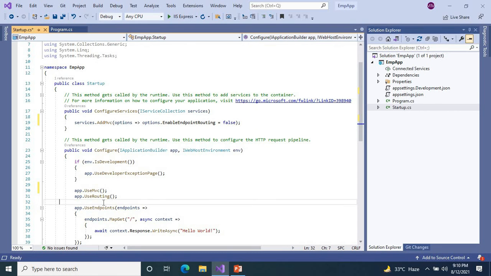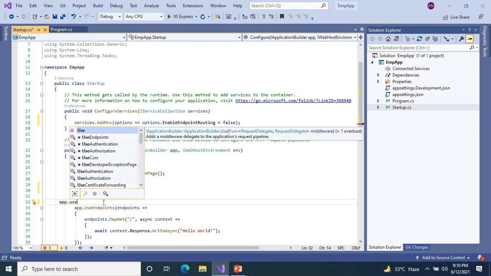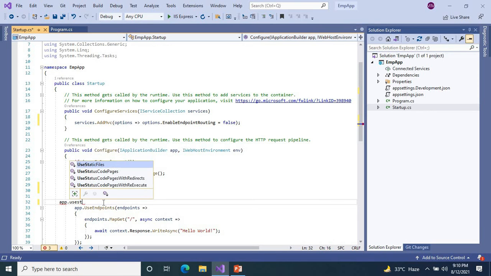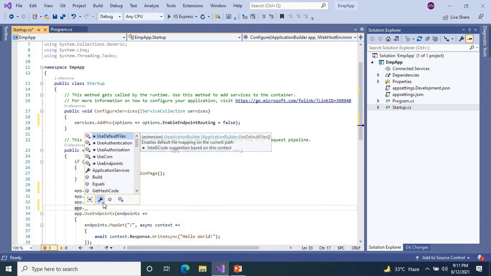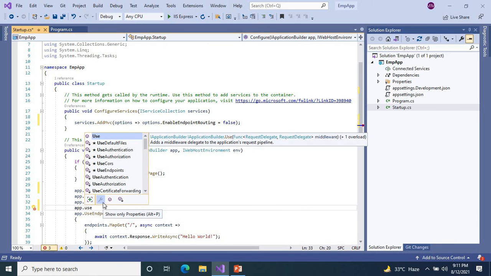Also we can add more services like app.UseStaticFiles or app.UseAuthorization.